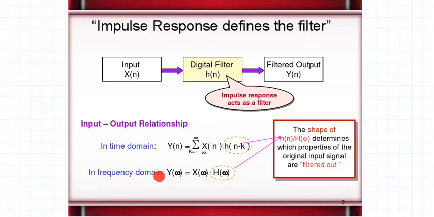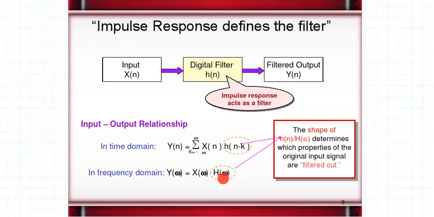Now this frequency domain analysis makes it easier for us to understand the filtered output. What we see is that X(omega) is the input that we have applied to the system, which is not in our hands. H(omega) is the filter and Y(omega) is the output. The output is what we desired, the way we want. We expect the output to be in this form. So to get this expected output, who plays a very important role? Definitely it is H of omega. H of omega needs to be designed in such a way that it modifies the characteristics of X(omega) to give me the desired output Y(omega).